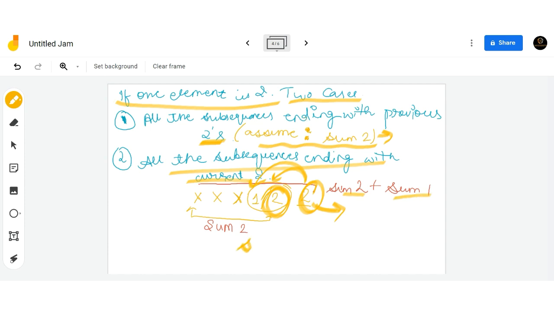And now we will update sum 2 by summing these two values, which is nothing but sum 2 multiplied by 2 plus sum 1. Okay.